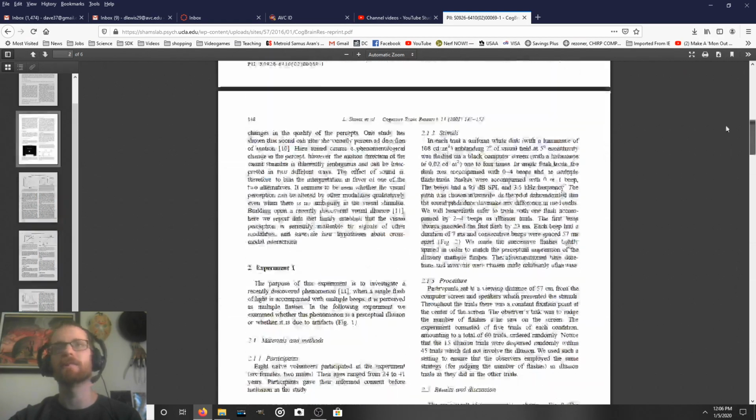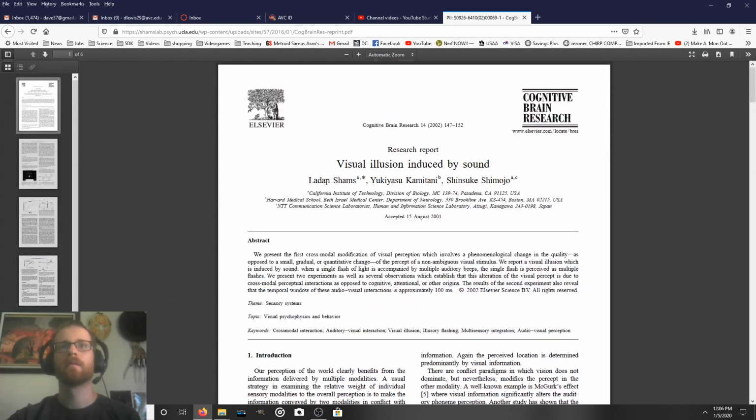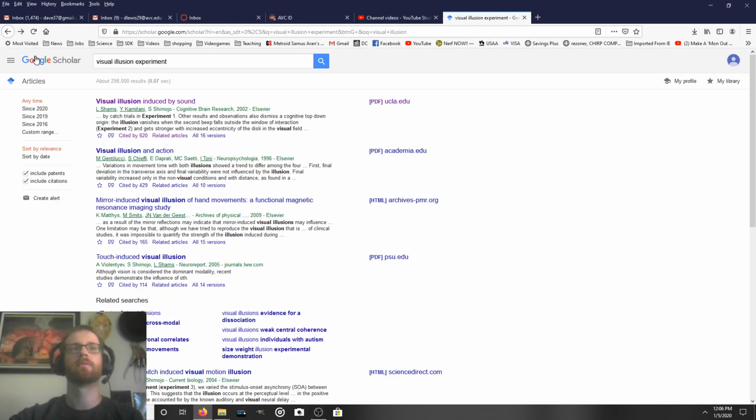So what we need is the author names right here, the journal name, Cognitive Brain Research, the article title, the volume number, and year of publication. So all the information is right here. You can just type it into your references list by hand, but that's kind of annoying, and you can make all kinds of mistakes. So what I was saying is Google Scholar is great because you don't have to do pretty much any of that stuff. It'll do it for you.